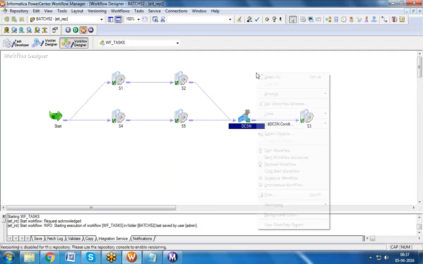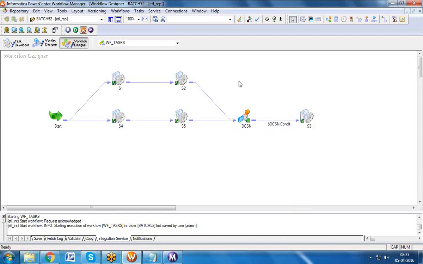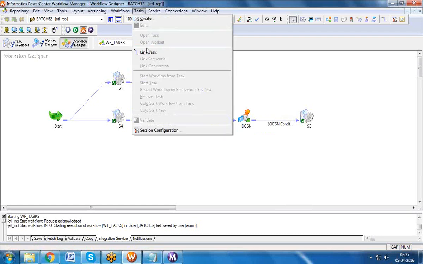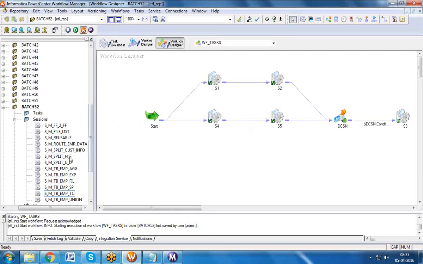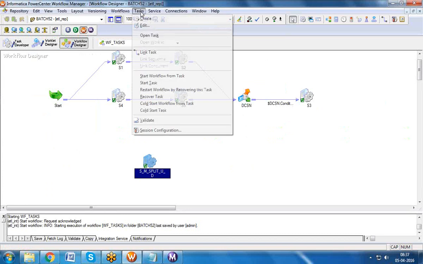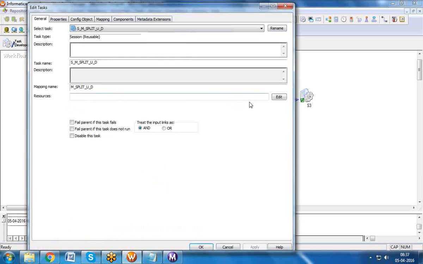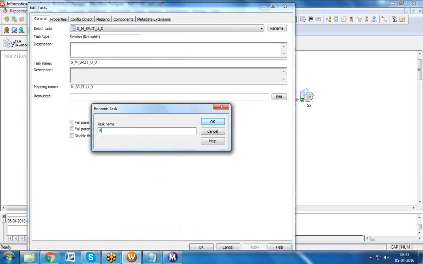Am I clear? Okay. Now I have a requirement. Very simple. What is that? You know what happens when I trigger the workflow, right?